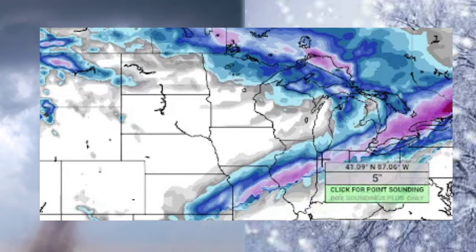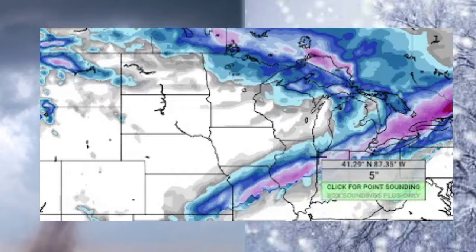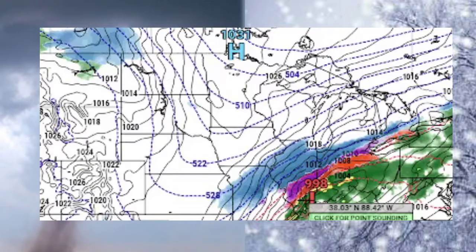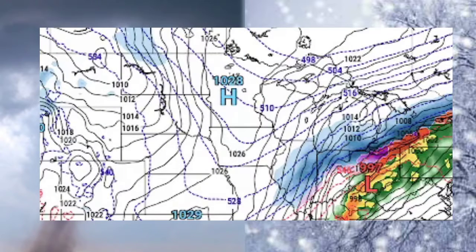We could see a good couple inches of snow, maybe even 2 to 5 inches of snow will be possible here in, say, Chicago, Illinois. Another city that will really just be affected by this dangerous winter storm with near blizzard conditions. There will actually be a period of impactful accumulating snow, say northeastern Chicago, and we're still likely to experience a very dangerous, quick hitting, very high impact snowstorm. It'll be a very fast moving snowstorm, but you could still accumulate up to 5 to 6 inches in this area,